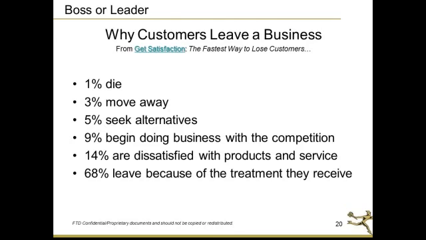Think about the reason why you left a company and won't go back there anymore. You won't buy coffee at that coffee shop anymore. You're not going to get your tires changed at that garage anymore. Usually it's because of treatment that you received. You're going to go where you're treated the best.